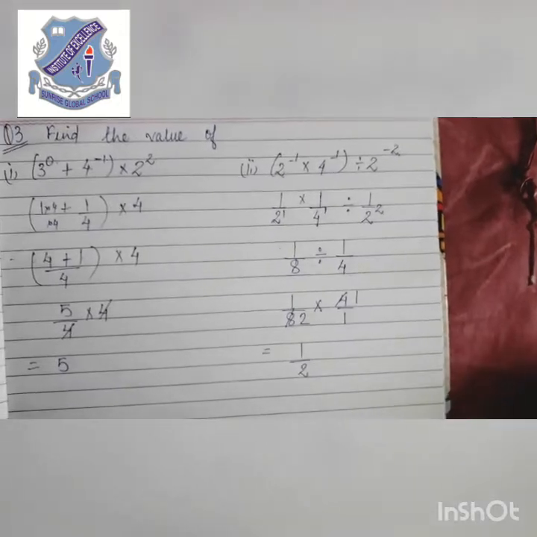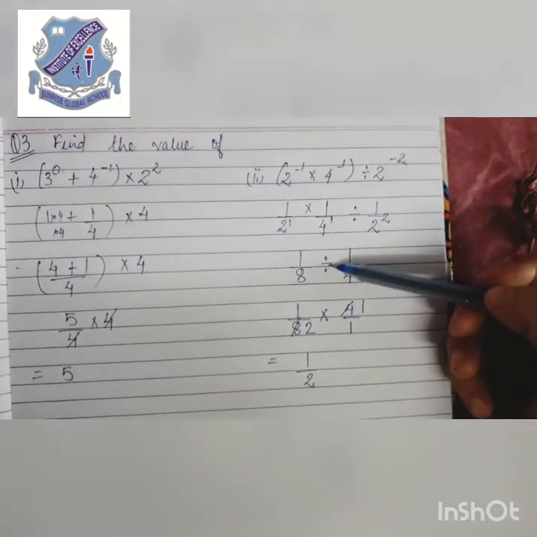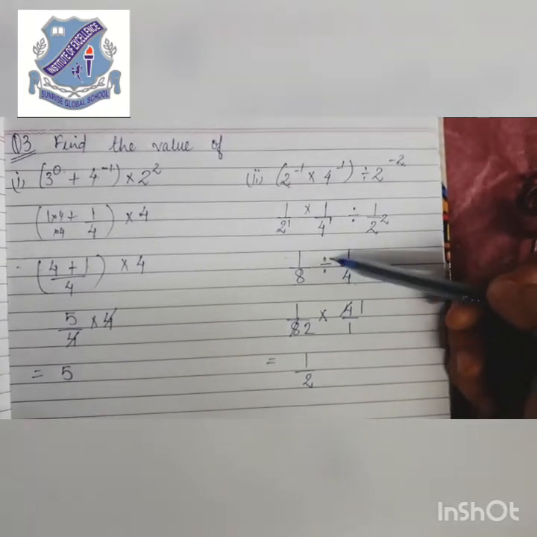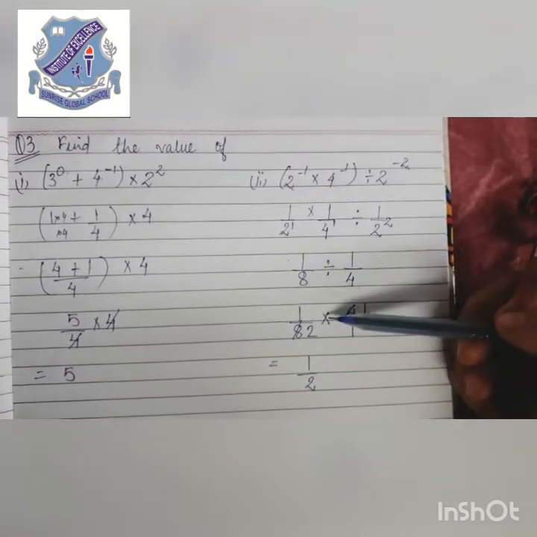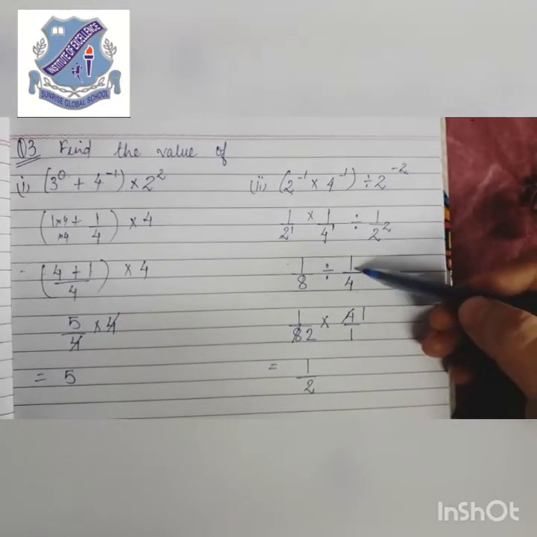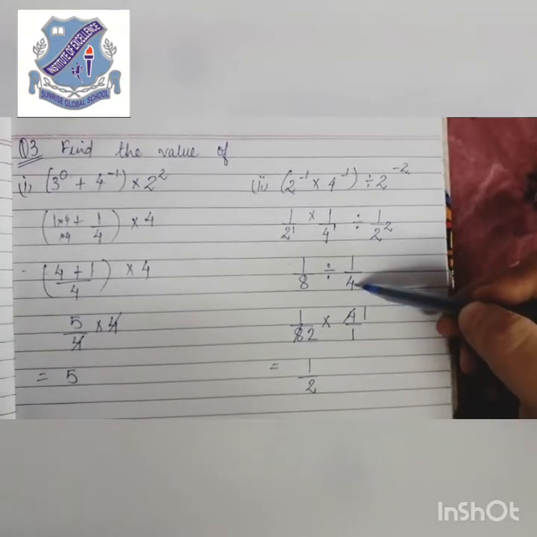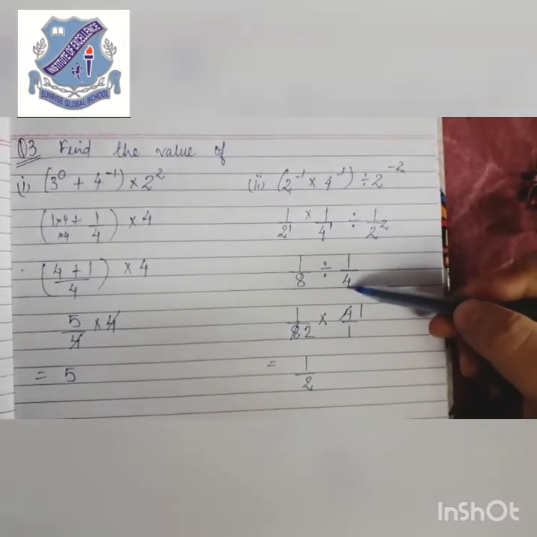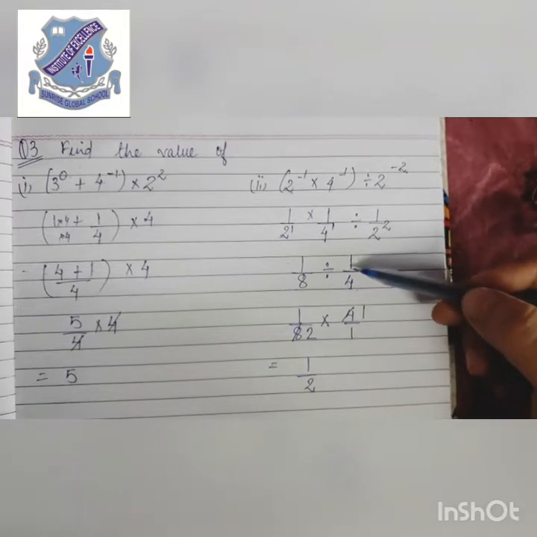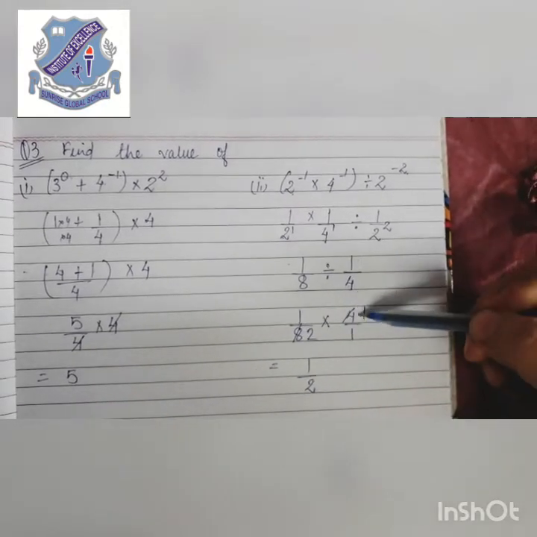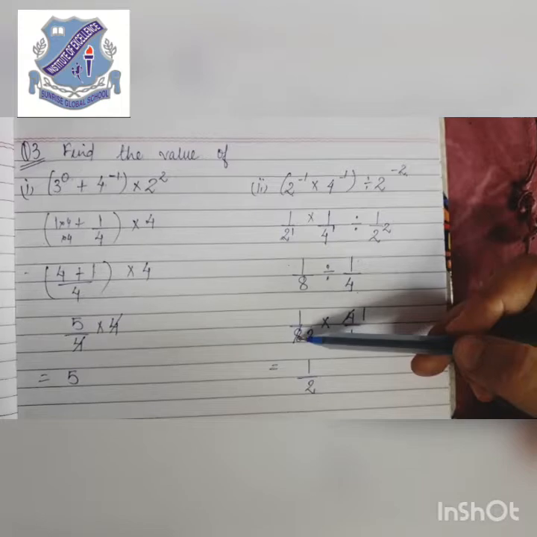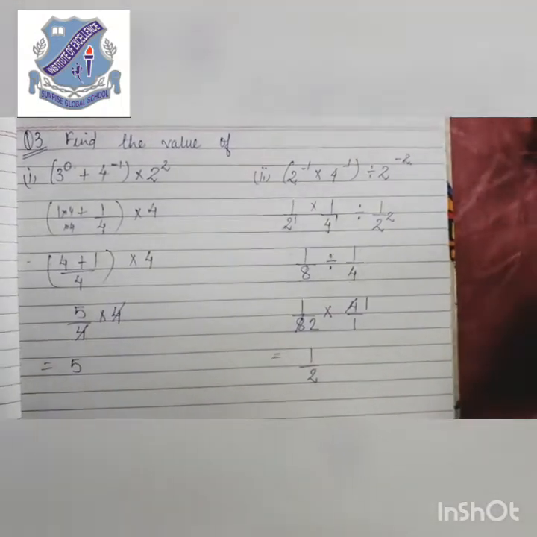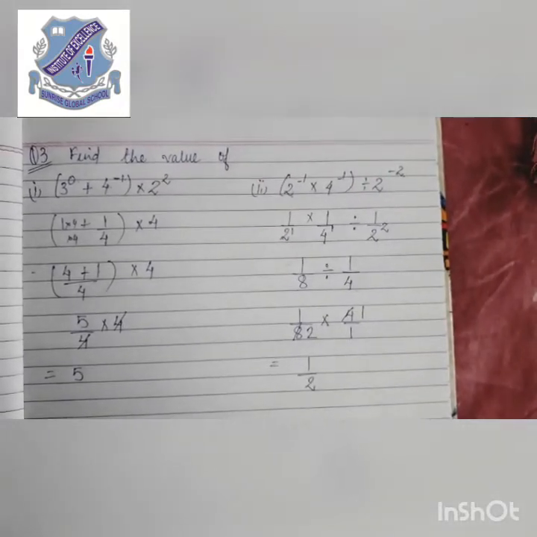So you can use any method of division. I suggest you to reciprocate the sign. So the divide sign, when we do the reciprocate, we change the sign of division into multiplication. The number in the p by q form, the number in the denominator will move towards the numerator, and the number in the numerator will be moved towards the denominator. So this is how this whole changes. So 8 and 4 will be divided. So 4 1s and 4 2s is 8. So the final answer will be 1 by 2. So this is how you have to complete the whole question number 3.